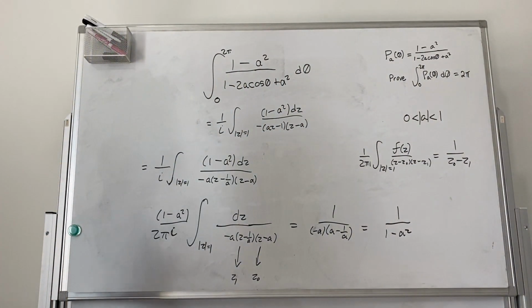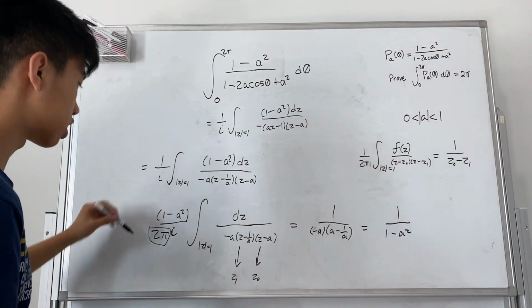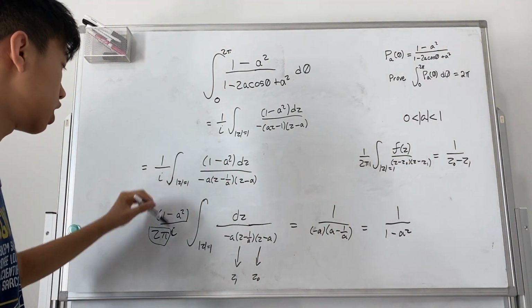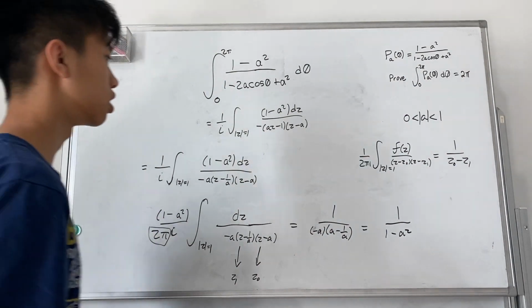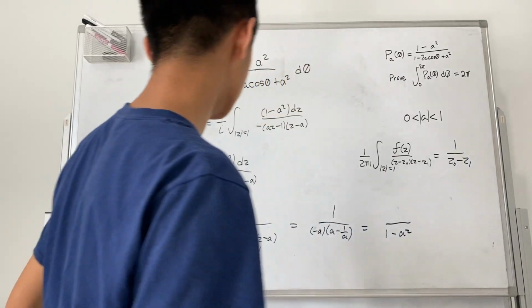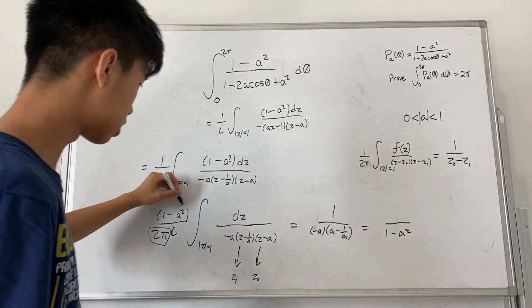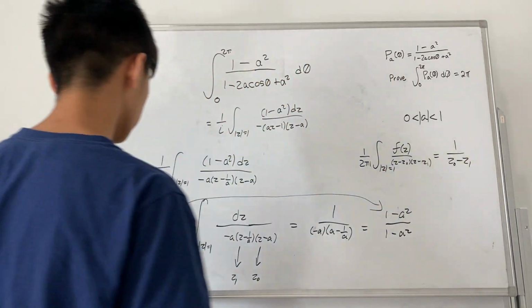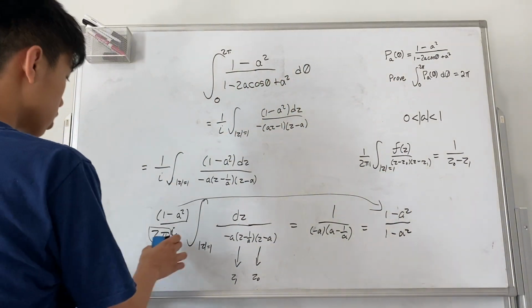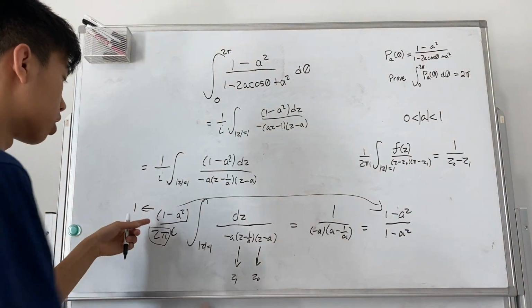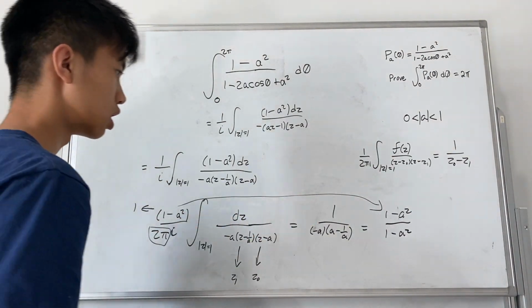So this 2 pi doesn't get transferred over to the other side, but this 1 minus a squared does. So now we can multiply this 1 minus a squared over, because that wasn't part of the original Cauchy's formula. If this was originally 1, that would require you to multiply 1 minus a squared to both sides. So now we know